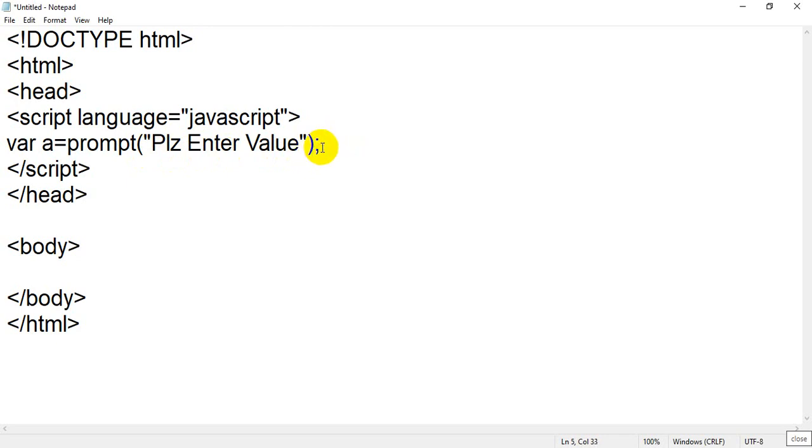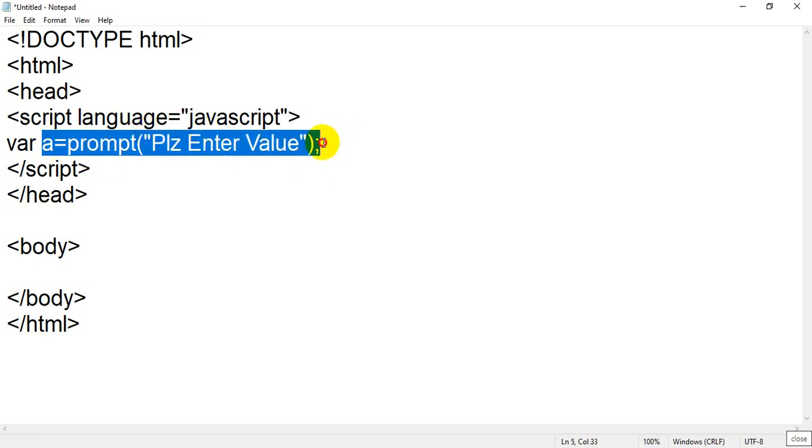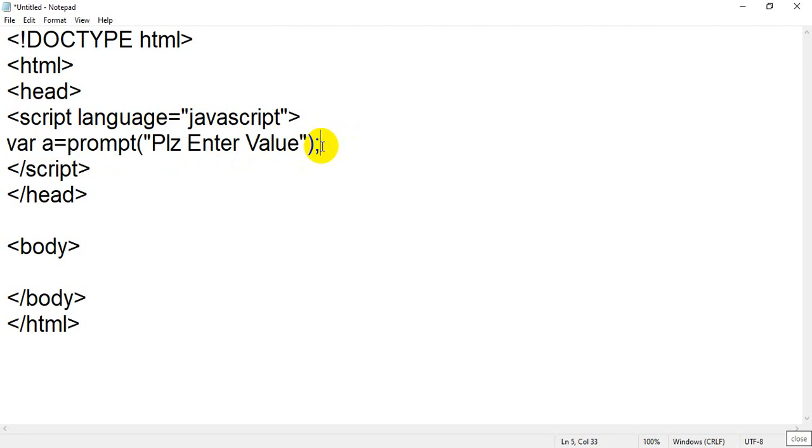The semicolon says this statement is now closed. Again, adding a semicolon in JavaScript is optional. There is no compulsion to add it.